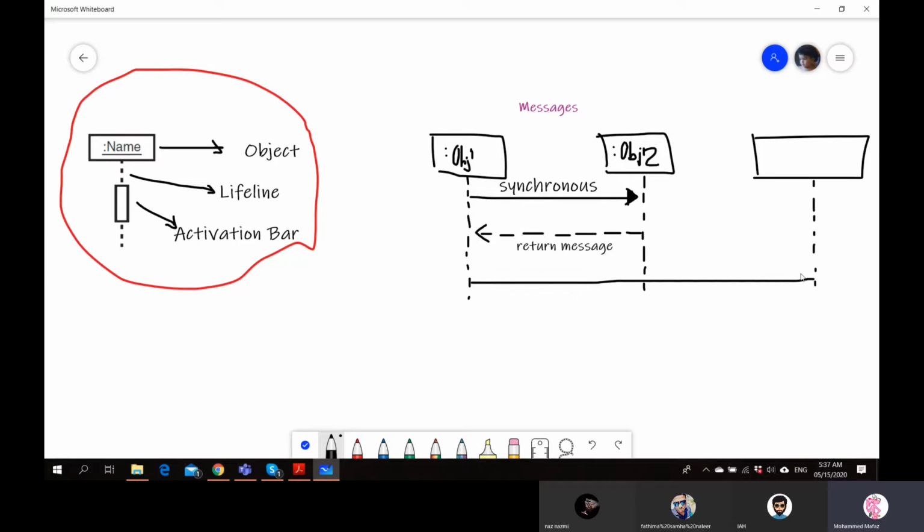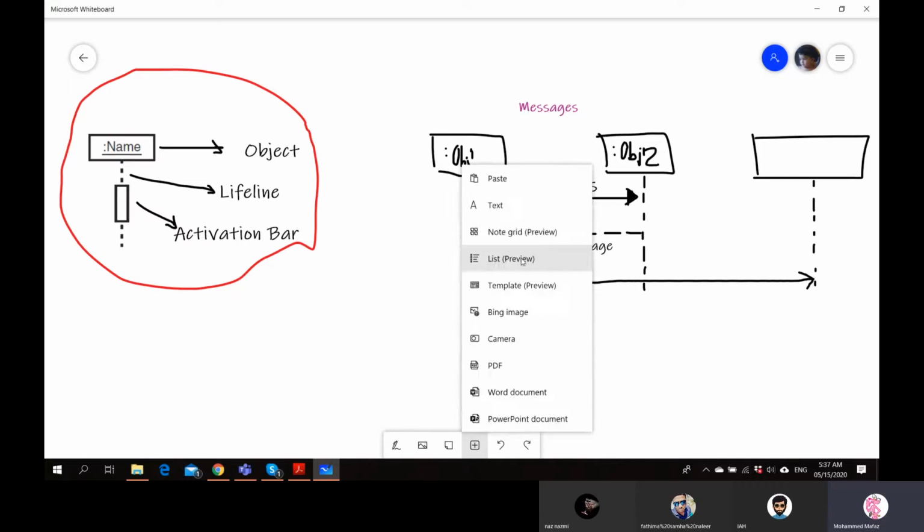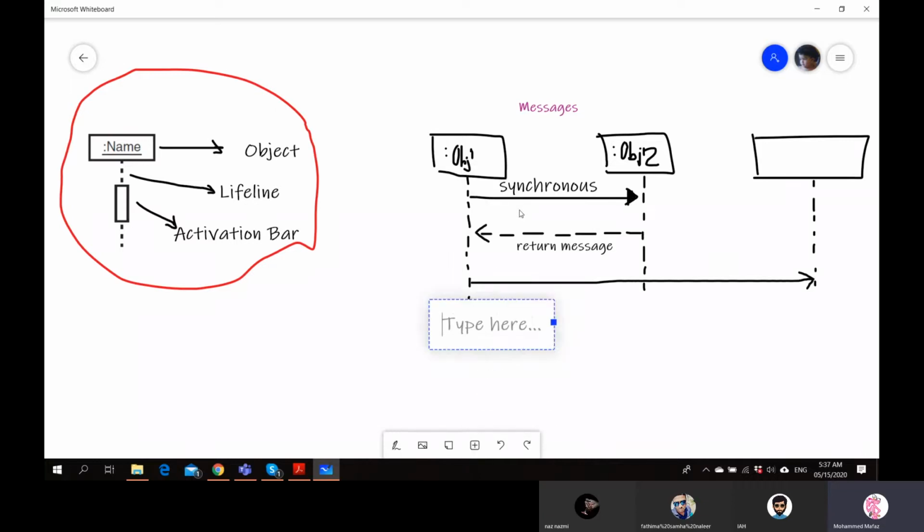It is a full arrow with an open head. So this one is called an asynchronous message.